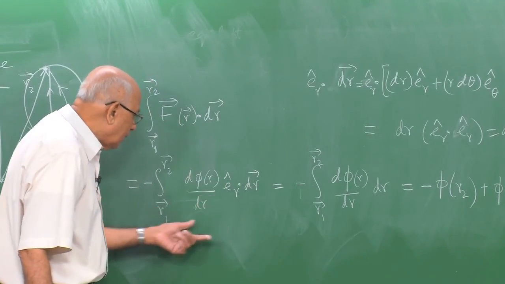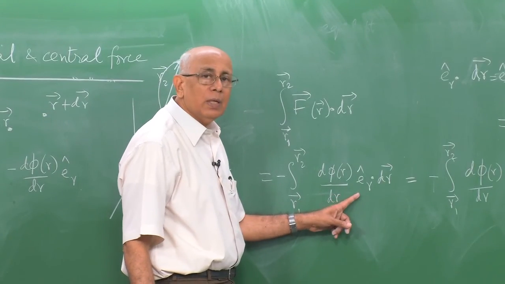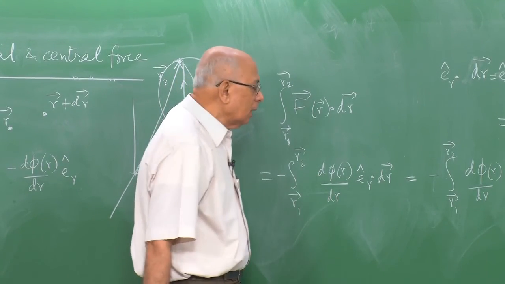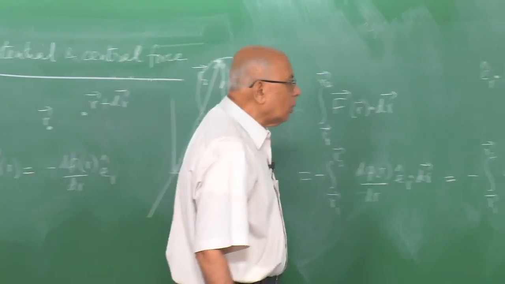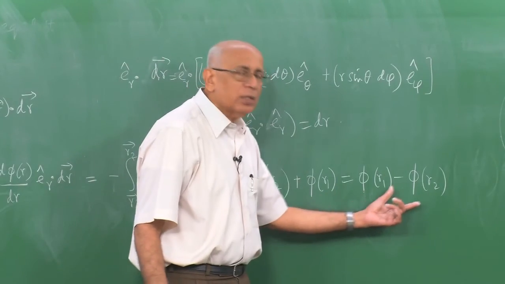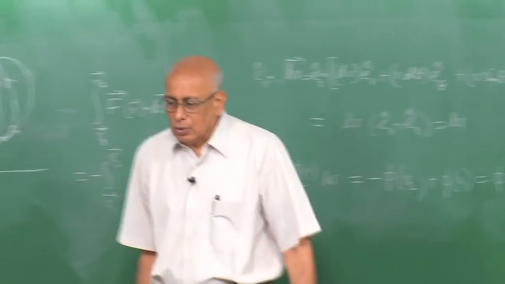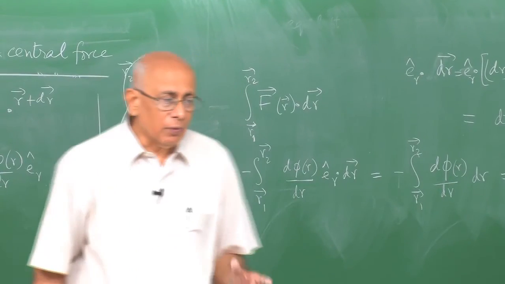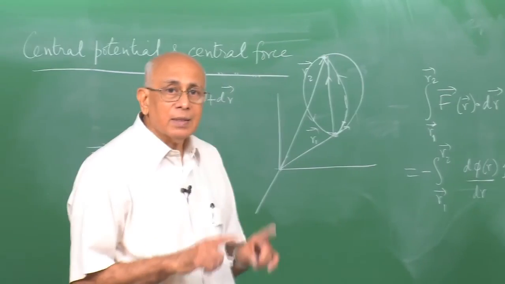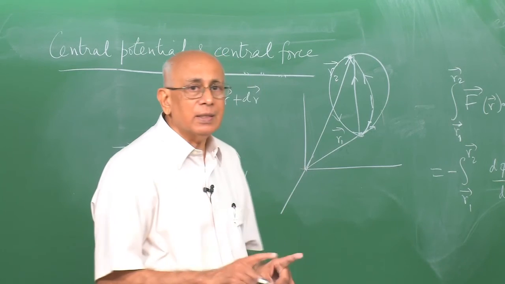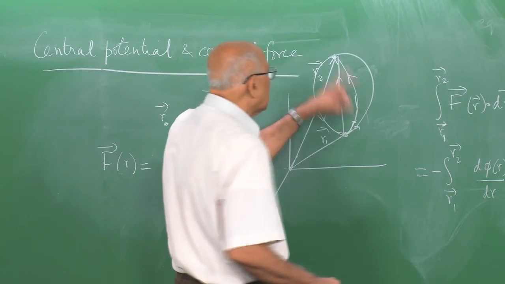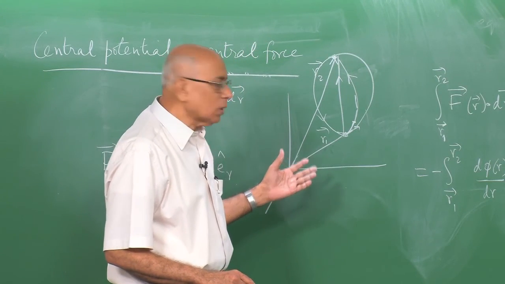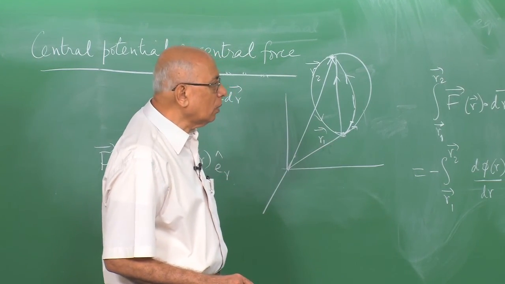That involves writing down suitably a derivative here which is not dependent only on e_r but also e_theta and e_phi, but we will show this later on, that even in that case it will be only a difference of the potentials at the initial and final points. So the second important property of a conservative force, of which a central force from a central potential is a special case, is that the work done in a closed path is 0. The work done by this force on a system in a closed path is 0, or